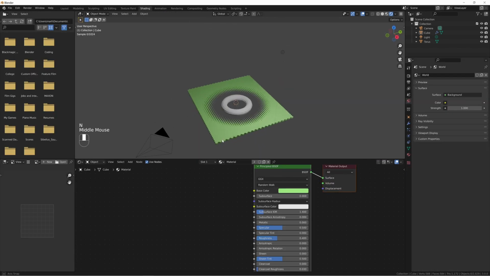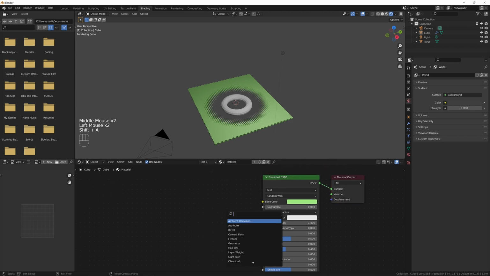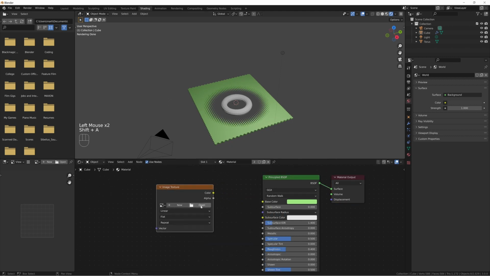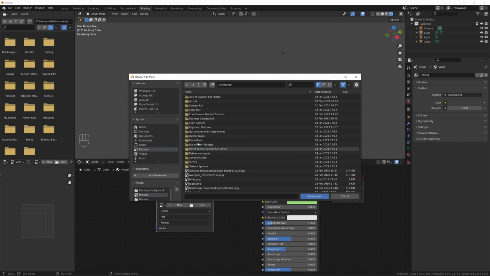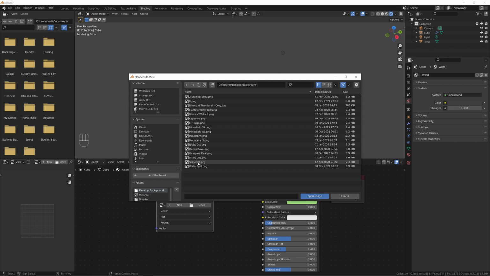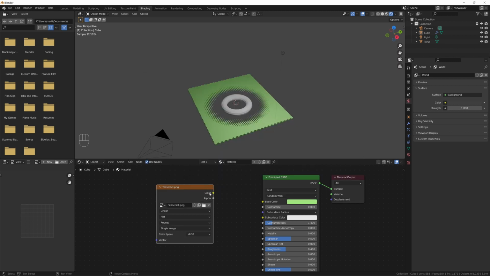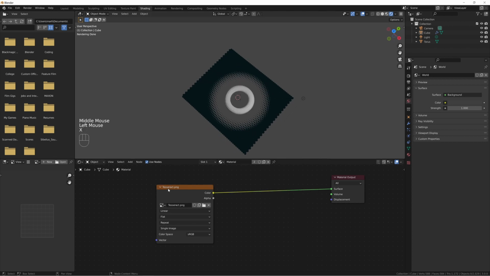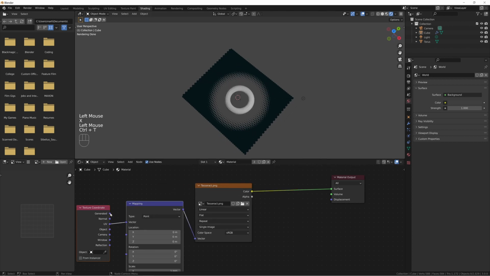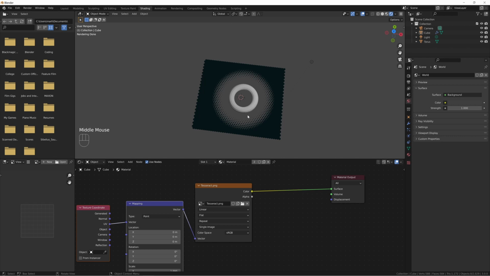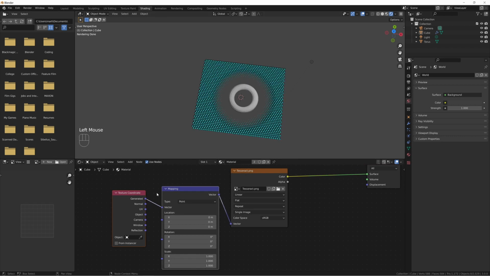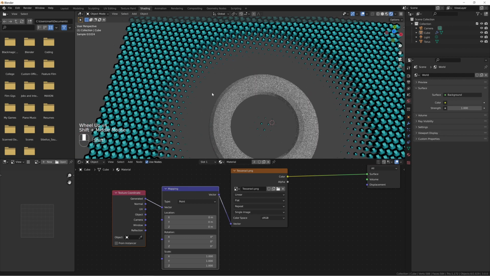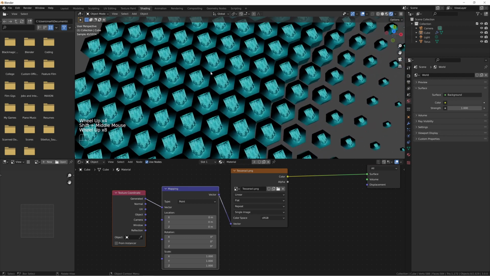If we go over to the shader editor and create an image texture and load up, say, something from my desktop, load in this picture right here. If we connect this to our surface, get rid of that, and use our texture coordinates, the only one that gives us any results is the generated coordinates, but you'll see that it's creating an image